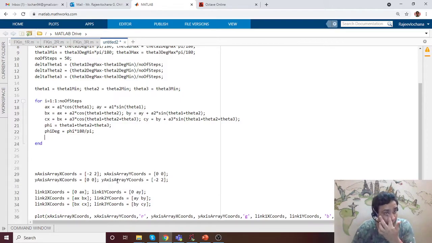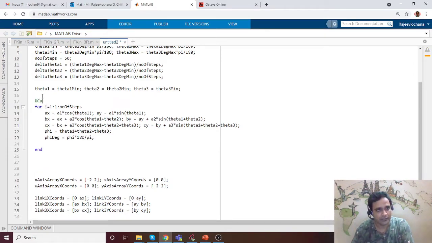Now the drawing part, or let's not do the drawing part now, let us do the calculations first and then we'll do the animation. Calculations. Now we need to save the coordinates of ax, ay, bx, by, cx, cy somewhere, right? So how do we do it?